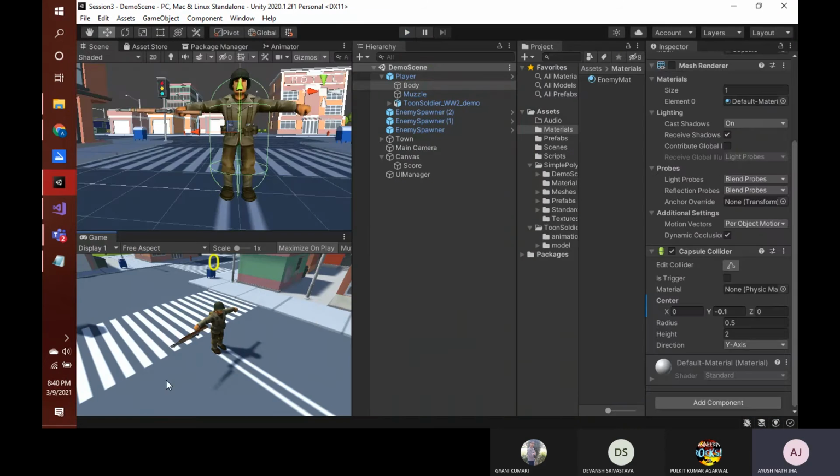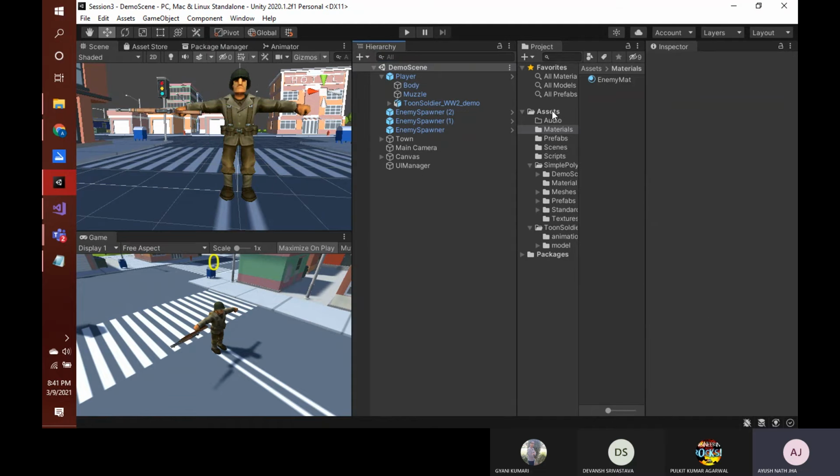So now we are done with the player, and you have almost a product that you can share with your friends. But the thing is that we don't have a main menu. So let's create a small main menu, but it will be very quick. Okay, so let's first create a main menu. For creating a main menu,